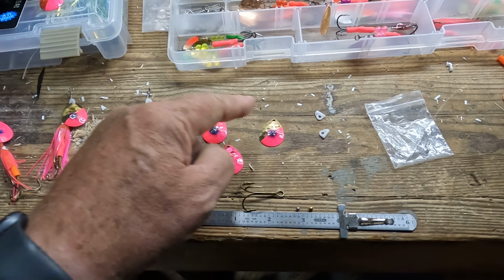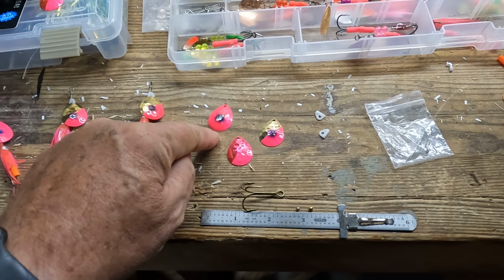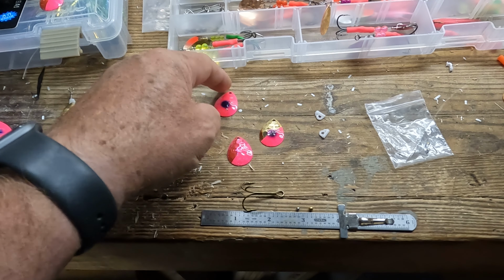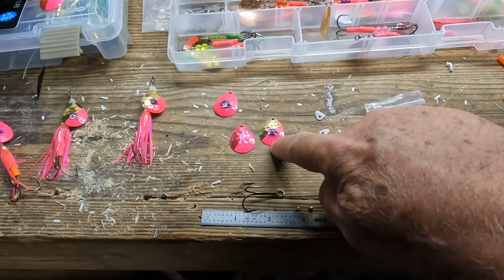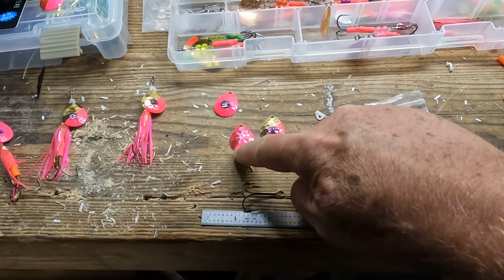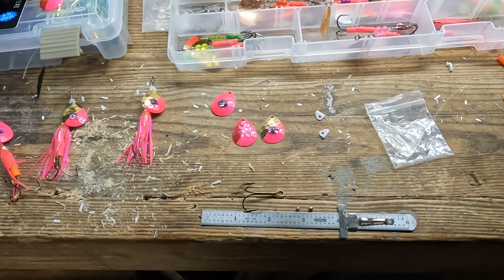The blades, these are Simon blades. A lot of the stuff is Simon because they just have enough available material, but I've got VIP blades, and I've got Oregon Tackle blades, but Simon happened to have these hot pink, so that's what I went with. That's the pirate pink eye. Can't remember what these are called, but